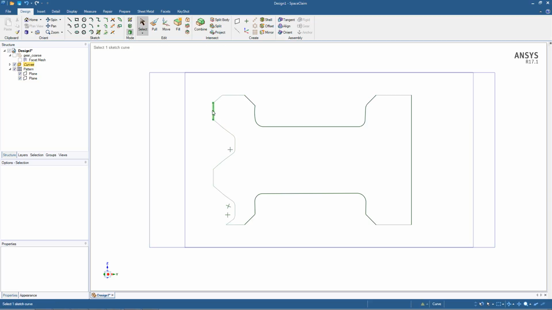we just need one cross section that is going to be the OD of the gear. We'll come back later on and cut out these gear teeth. So we can grab all of the edges that we don't want to have in here, which is those, and we can fill them in. And you see now that by using the fill, we have one edge that represents the OD of this gear